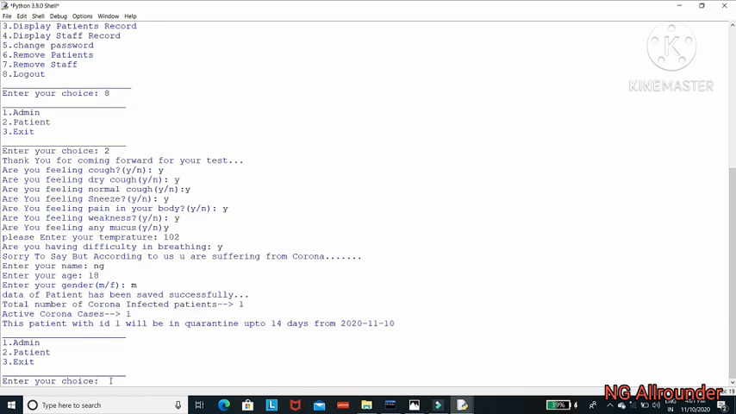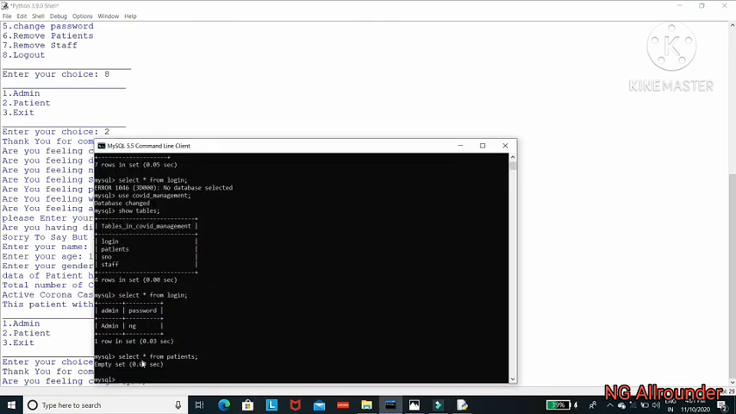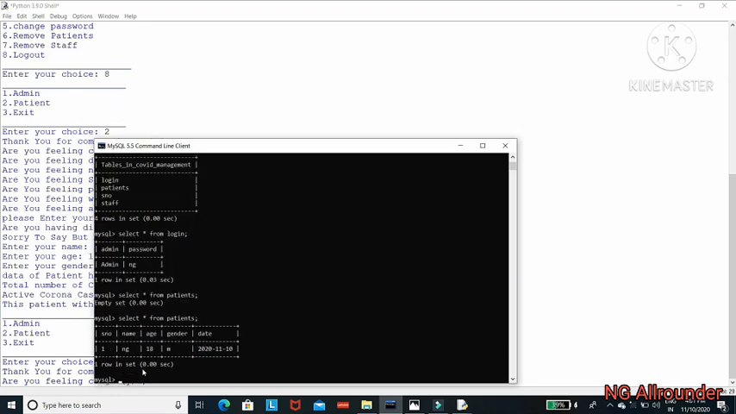Now when we select asterisk from patients, here you can see one record has been entered: serial number 1, age 18, gender male, date. Okay, if we do this, delete